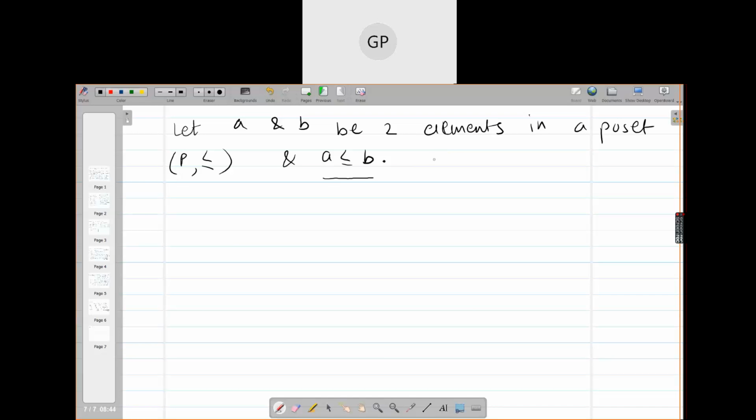No. A is not always less equal B, but A is related to B under the given partial order relation. It could be the usual A less equal B, it could be A divides B, it could be A is contained in B, or any other partial order relation. So A is less equal B means A is related to B. Please try to understand. R is any partial order relation. So less equal is any partial order relation.